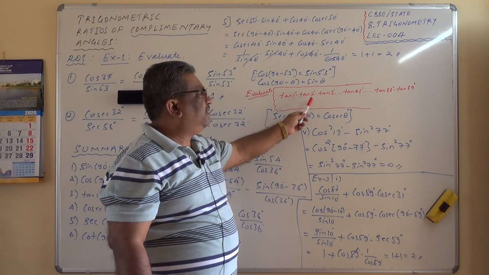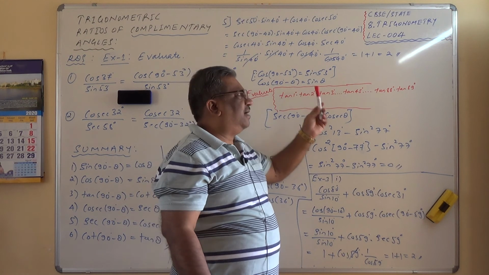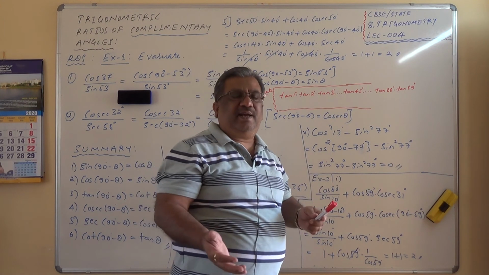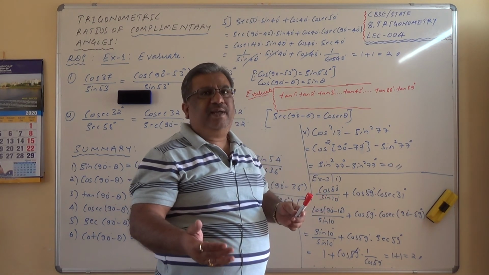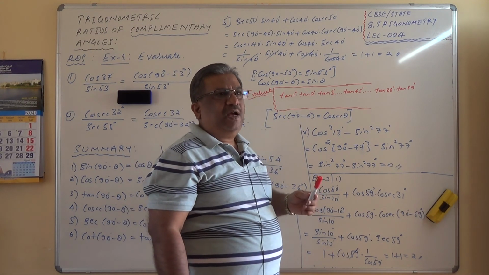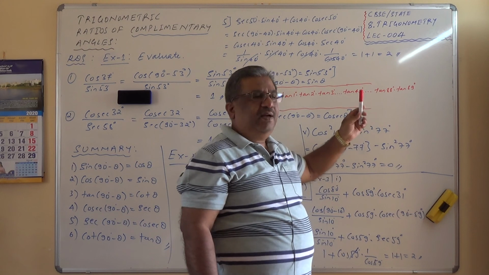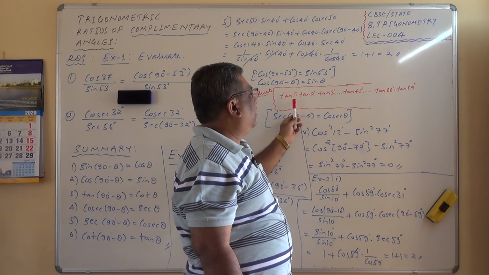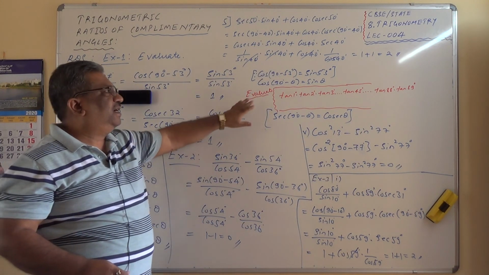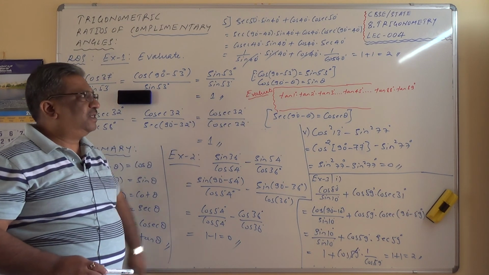Similarly, tan 2 degrees and tan 88 degrees are complementary to each other in terms of the angles I am talking about, 2 and 88 degrees. In this case, tan of 2 degrees can be written as tan of 90 minus 88 degrees, which can be written as cot of 88 degrees. Cot of 88 degrees into tan of 88 degrees is 1. So with this hint, can you work out what is the answer for this question? This is a homework for you, and this is one of the interesting questions that usually used to appear in previous year question papers as well.